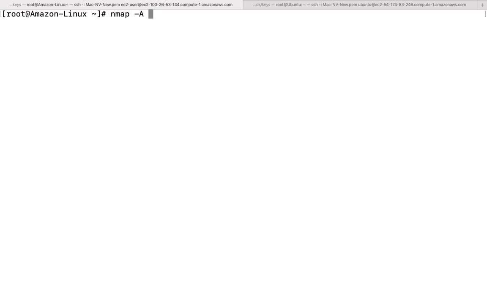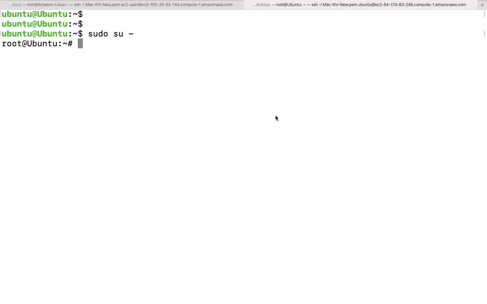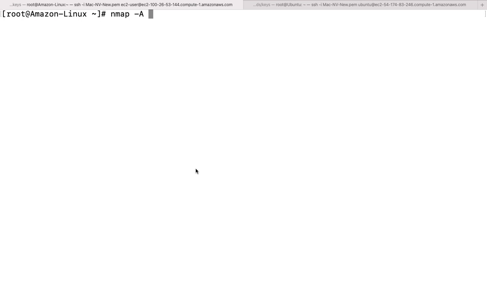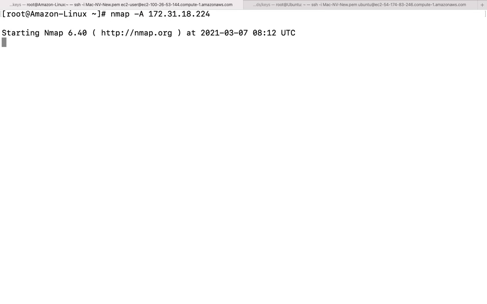After that, -A with capital A and the IP address of another server, whatever you would like to check. Why are we going to run this command? In order to check whether the particular server is listening on the individual ports you are trying to access or not. From your local machine, you can check the IP address of a remote machine: what ports are open, what operating system is running there, and what version of software that operating system is running with. This sort of information you can figure out, right?